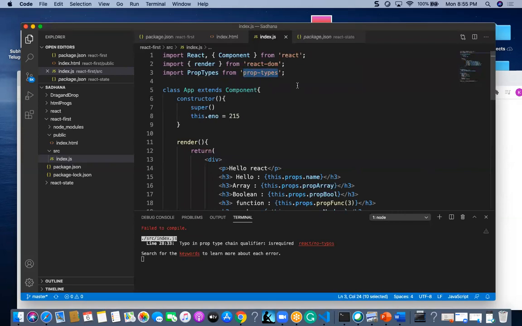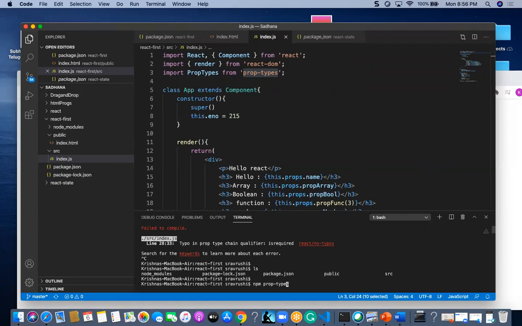First we want to install this one inside our package.json. So let us think, from this root folder, if I want to install prop types, I have to give this command: npm install prop-types. This will install the current updated package of prop types to my package.json or to my node modules.